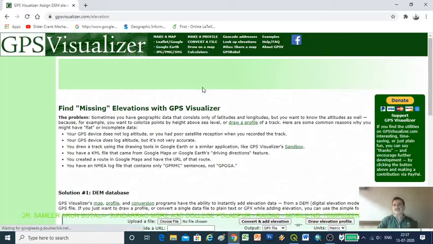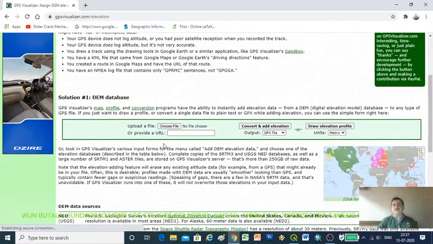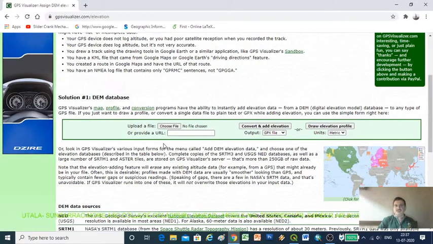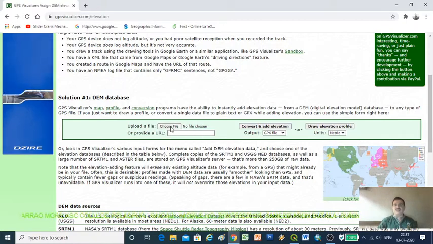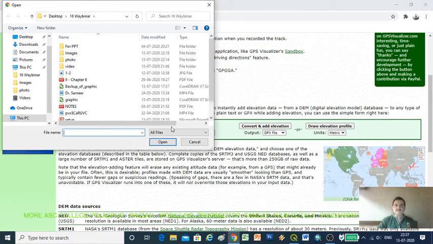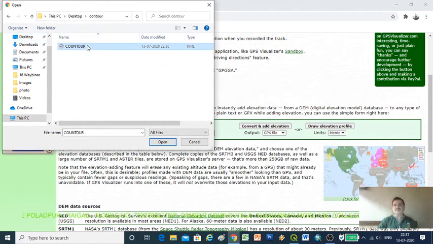These are the visualization sites, and we want to convert this KML file to a shapefile. Upload file, choose the file. Now our file on the desktop, contour, is the file we created in Google Earth, and open.